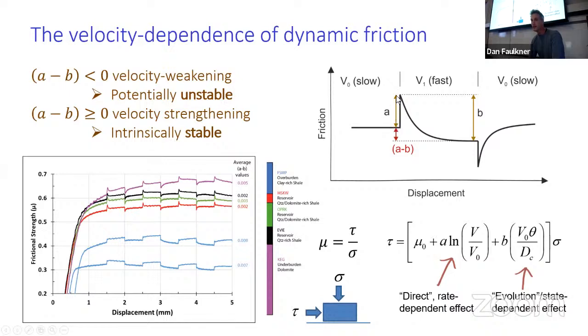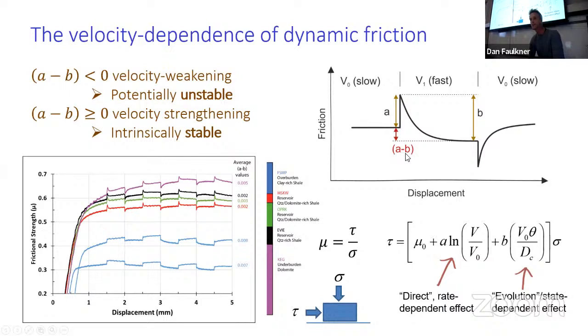So this immediate effect is characterized by something called A, and the evolution effect just here is characterized by something called B. And I apologize right now because I'm bringing together seismology and lab studies, and there's B's in both of those, so it gets very confusing as to which B I'm talking about. Okay, but for the lab stuff, I'm only ever going to talk about the combination of these two parameters, so